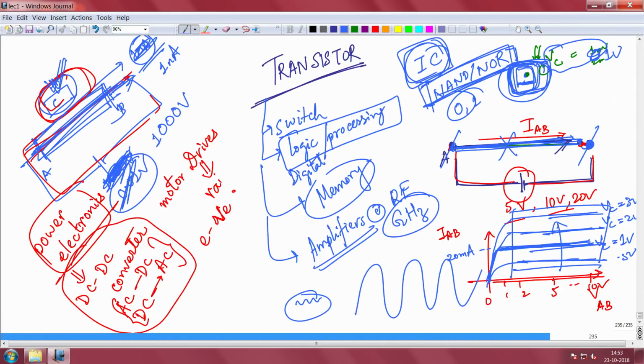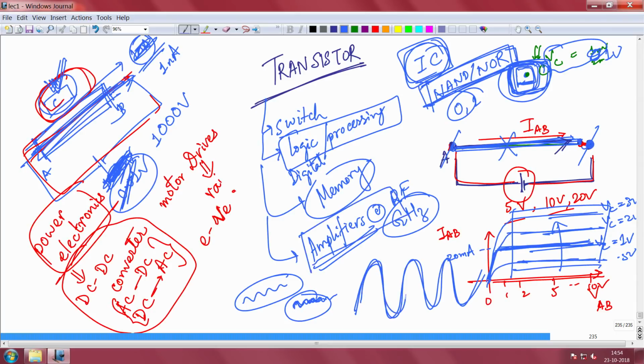Whenever you talk or send an SMS or a WhatsApp or log into Facebook, that information, the data, comes from the nearest base station through air by electromagnetic waves, which carry these zeros and ones in the form of amplitude and other modulation in the wave. But the intensity of the waves that reach your cell phone is very small, so this has to be amplified to process the data. For that amplifier, you need an RF amplifier, and that can be a transistor.